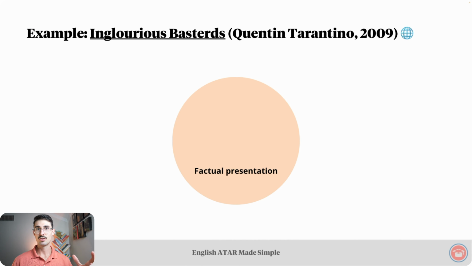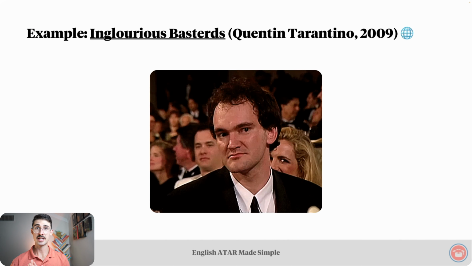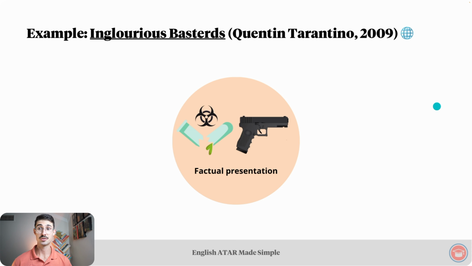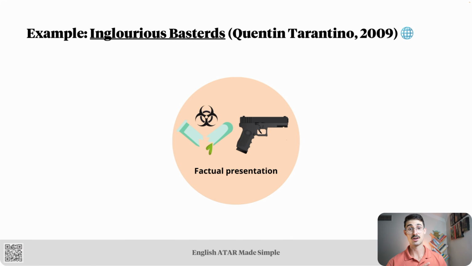If you haven't seen the movie before, we're essentially getting an alternate history of the final moments of World War II. Tarantino, the director, at some point in his life was presented with the fact that Hitler died by suicide by swallowing a cyanide capsule and shooting himself in the head. That right there is a historical feature.